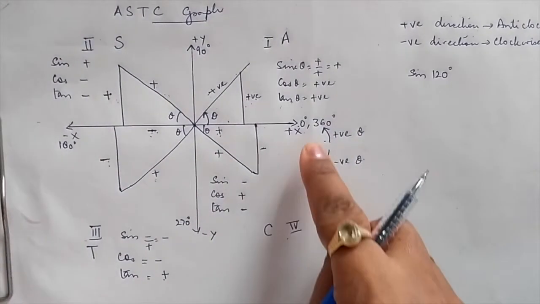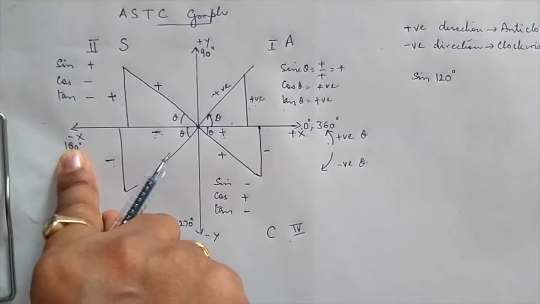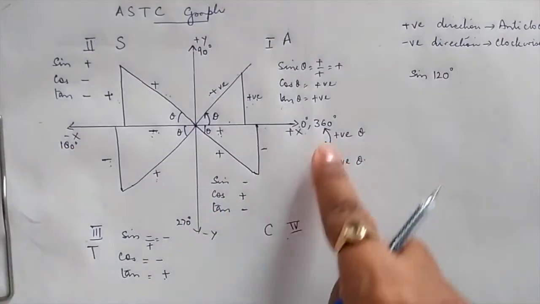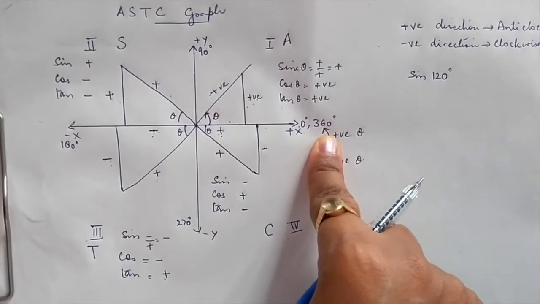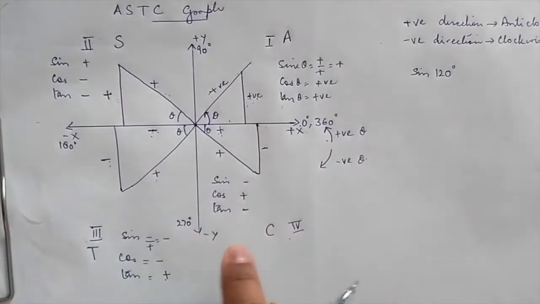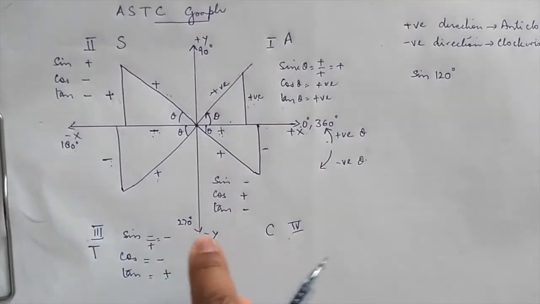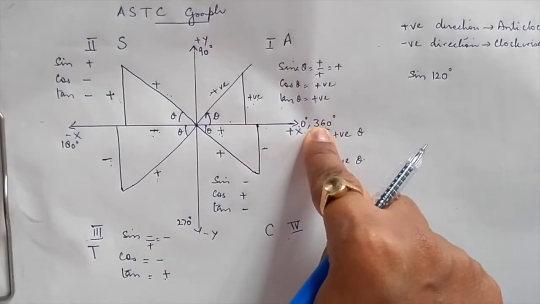I should know the positions 0, 90, 180, 270 and 360 degrees, because every quadrant is of 90 degrees. So I start 0 to 90, 90 to 180, 180 to 270, 270 to 360,